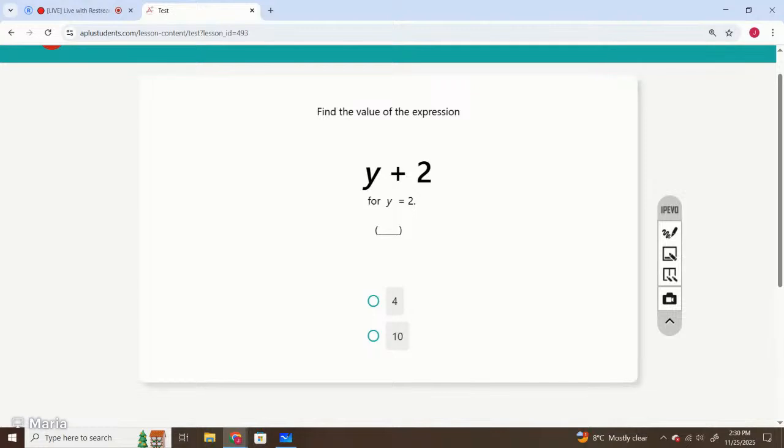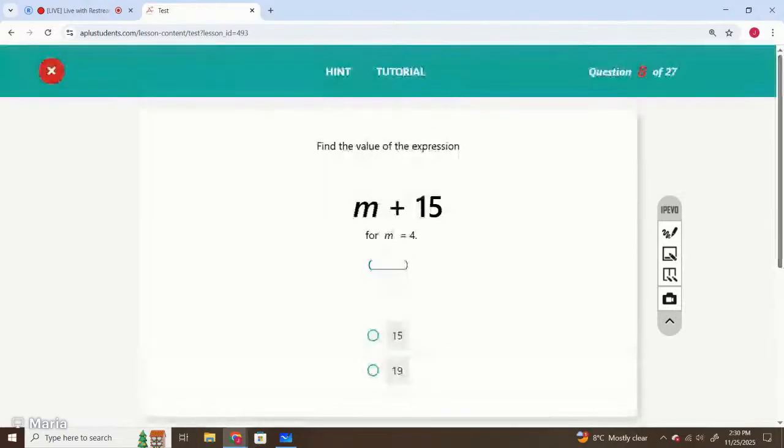Find the value of the expression y plus 2. Replace the variable y with the value. So that is 2 plus 2. Option number 1 is the correct option. Okay, you can complete the lesson by yourself. Let me just move on to the next lesson. The next lesson is